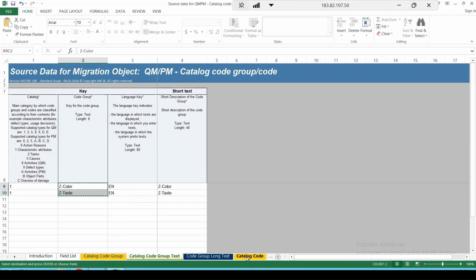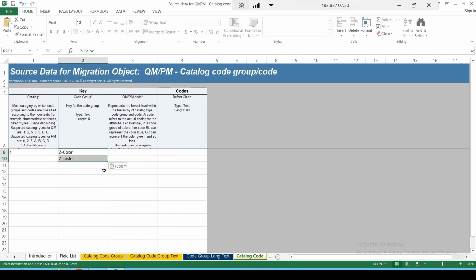And I can maintain it here in this, and the code which is there. So here you will be telling the code and the defect class. If I'm using it for the characteristics attribute, here the defect class, you can see it is not marked as mandatory, so we can skip it. And for this color code, I can maintain as